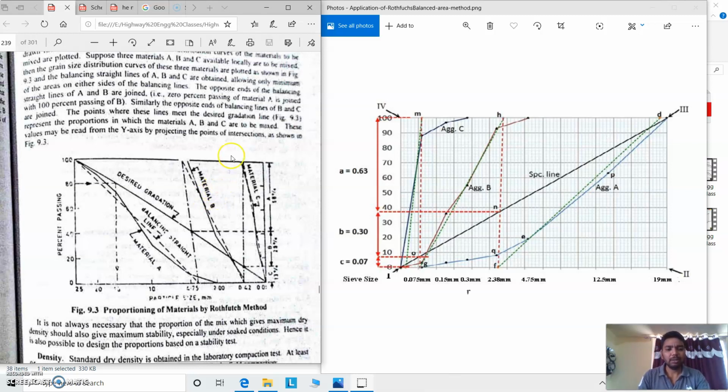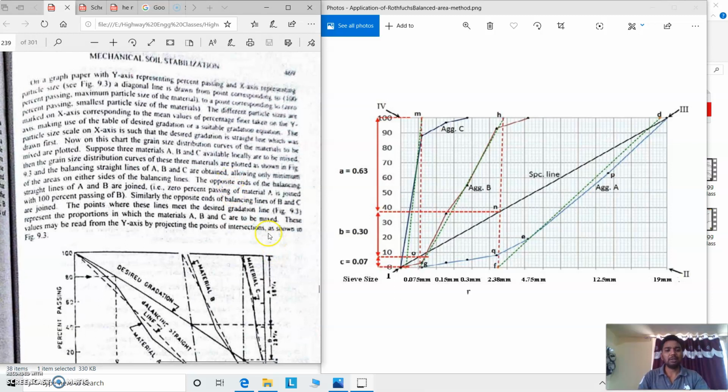That means whenever the subgrade layer is to be prepared, we have to fill it with soil. That soil should not be any single material. It should be of different materials, which is said to be well graded. For that well graded soil, we have to consider different soil properties and plot the graph, and determine how much percentage of each soil material is to be mixed in the subgrade layer. That is what we determine using the Rutherford method.